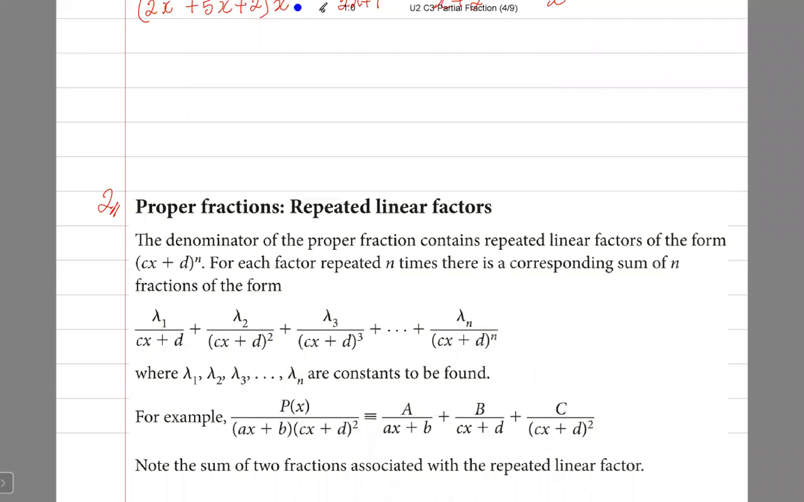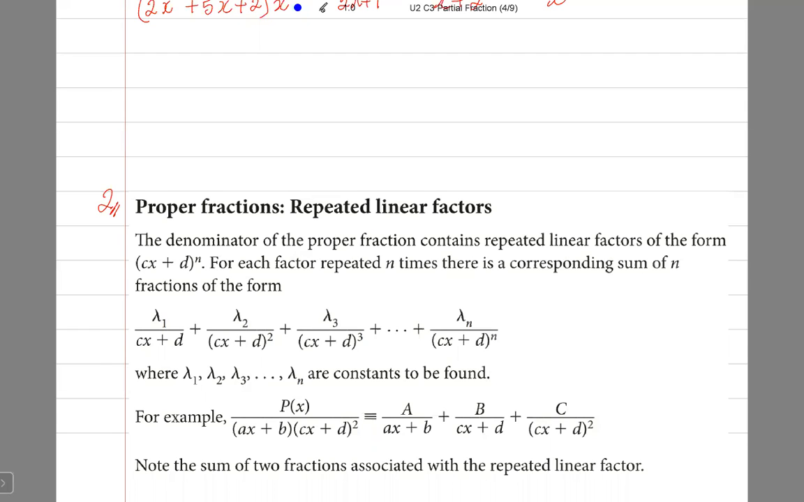All right, so now we're at the second section, or the second type of partial fractions. So here, this is where we have a proper fraction with repeated linear factors. This says the denominator of the proper fraction contains repeated linear factors of the form cx